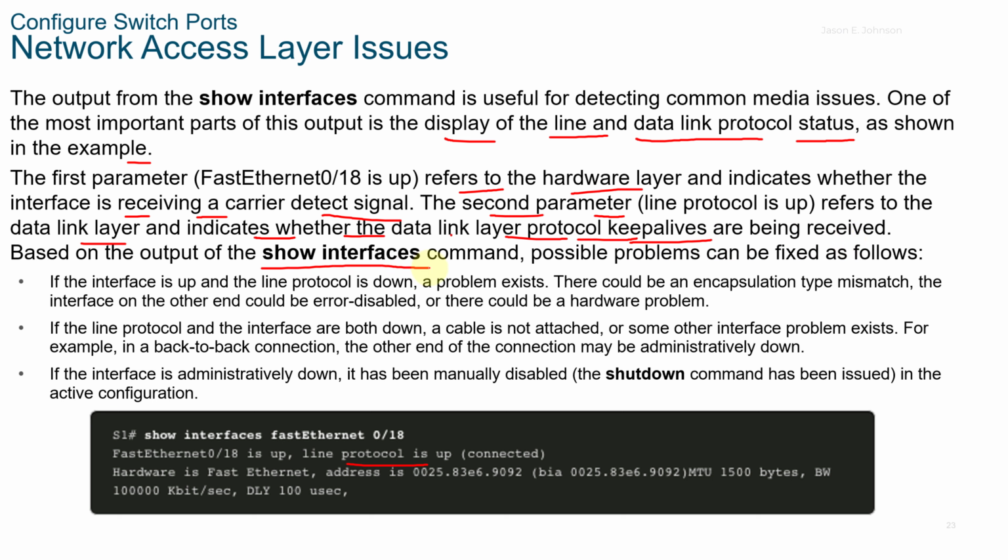Here we have a flowchart on troubleshooting network access layer issues. We perform show interfaces, and is the interface up? If the interface is up, then we need to check for EMI noise. If there is EMI noise, we need to trace the line, figure out where that is, and remove it. Verify the duplex setting is properly set on both ends. Then, is the problem solved? If it's solved, yes, we're done. If we go back up and the interface is not up,